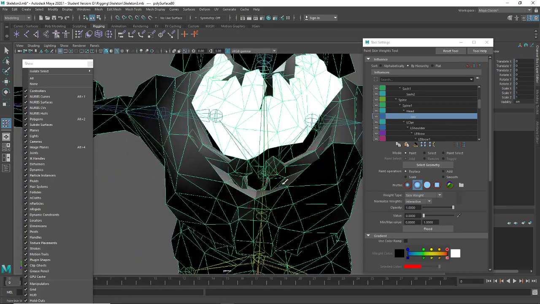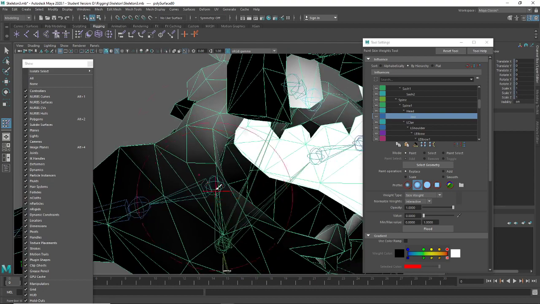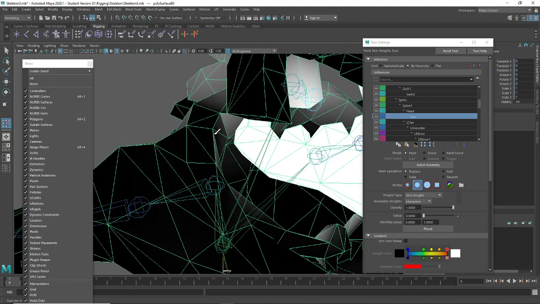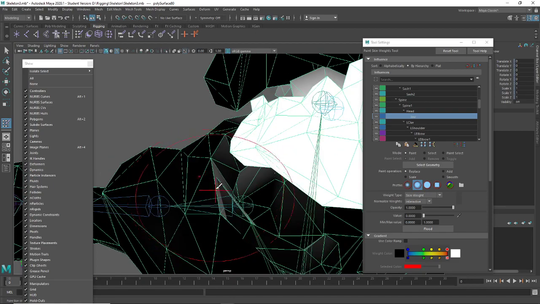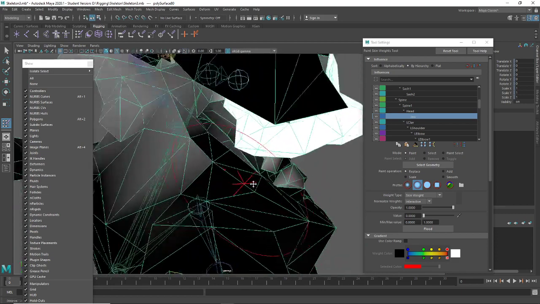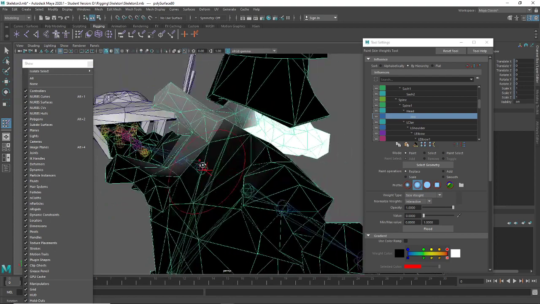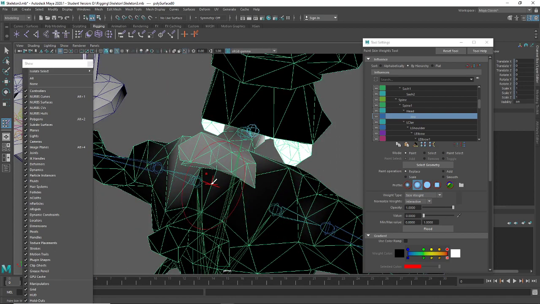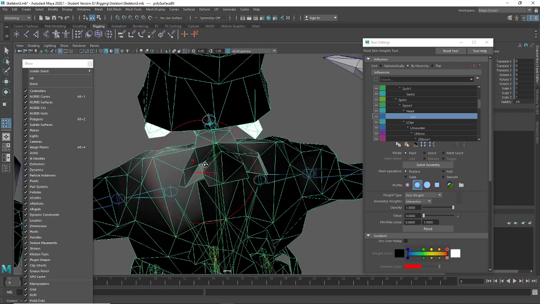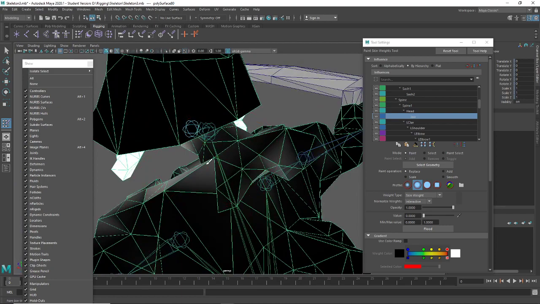It would have been 10 times easier, as we started this, to select the jaw and then select the body, the whole body, and flood it out to 0 before we skinned the jaw and the head, but